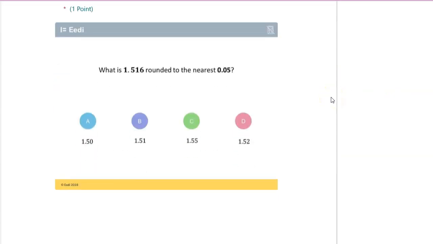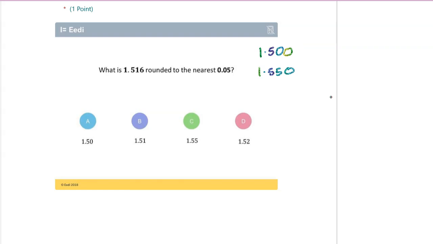What is 1.516 rounded to the nearest 0.05? So when they say rounded to the nearest 0.05, it means it's either going to end in point something 0 or point something 5. So here I've got 1.516. So is that closer to 1.50 or 1.55? And remember my little trick from before, if we write them to 3 decimal places, even though it says just write it to 2,